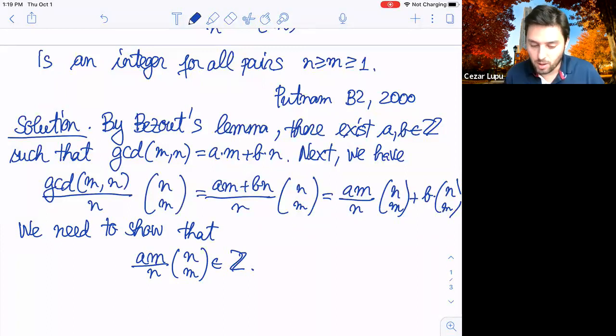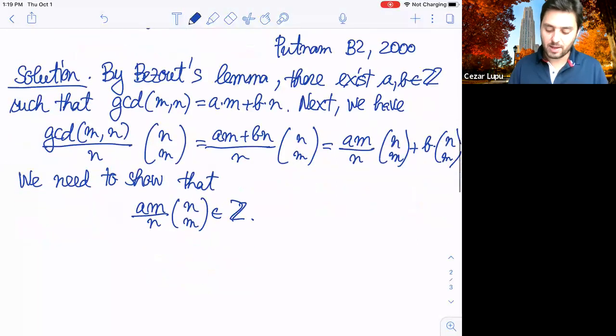And let's see how we are going to do this. I'm just going to leave a times m outside, and then I'm going to take care of the m over n times n choose m. So note that